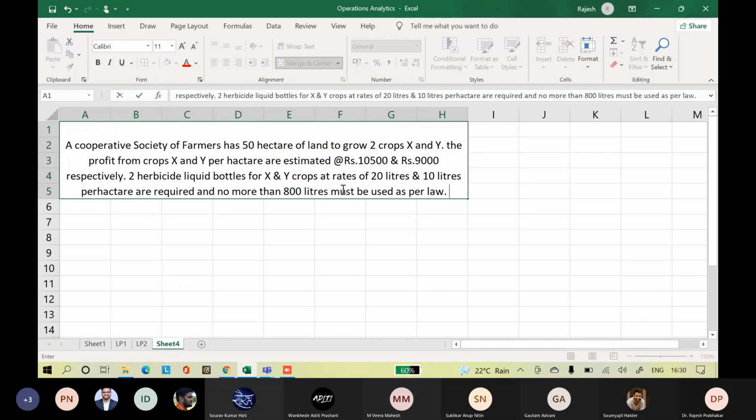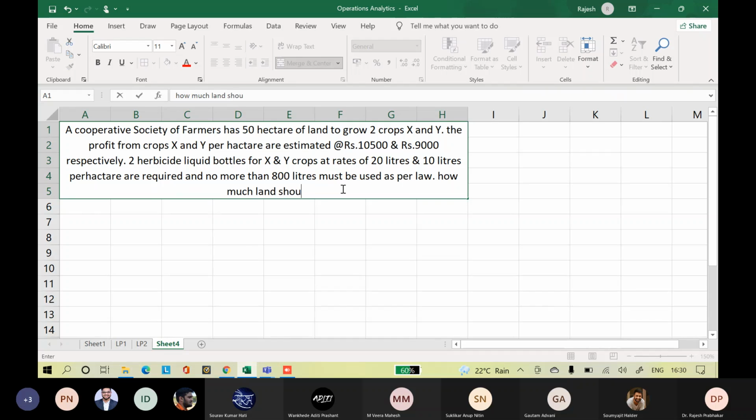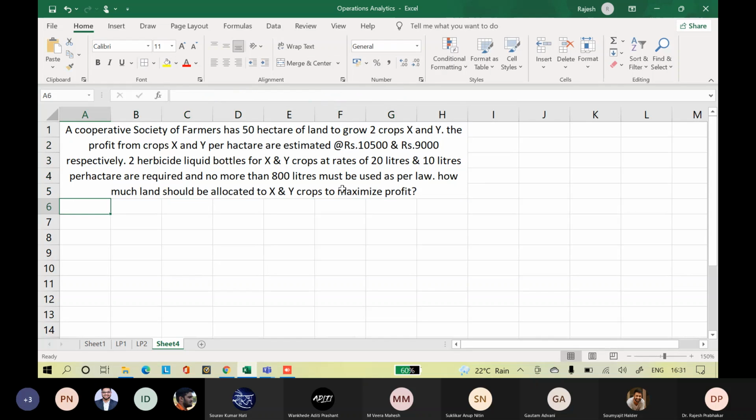Now, how much land should be allocated to X and Y crops to maximize profit? To maximize profit, what should be the land allocation?